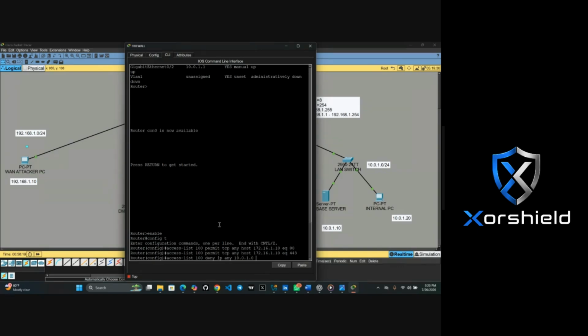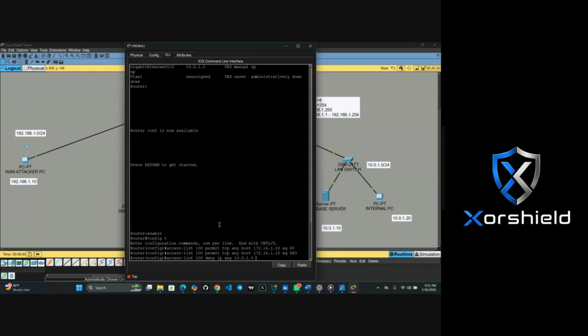If we have other PCs here and I did it only for the database server, the attacker will still be able to attack the other PCs. But since I'm blocking 10.0.1.0, no matter which IP address from 10.0.1.1 to 254 the attacker PC is trying to penetrate, the attacker will be denied. That's why I'm using 10.0.1.0. Do you get it?